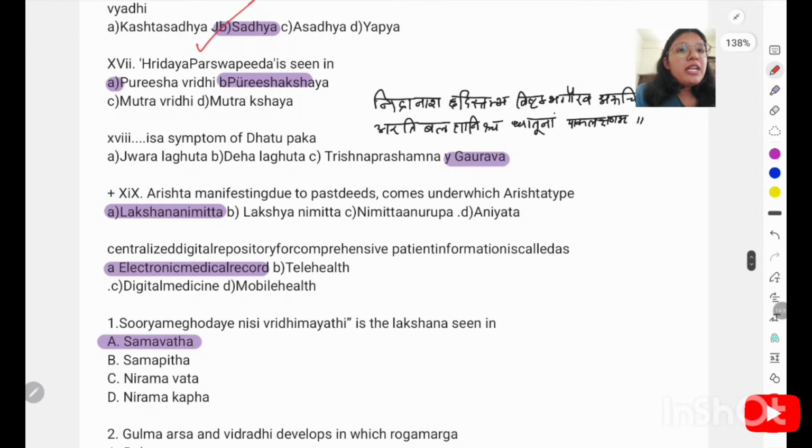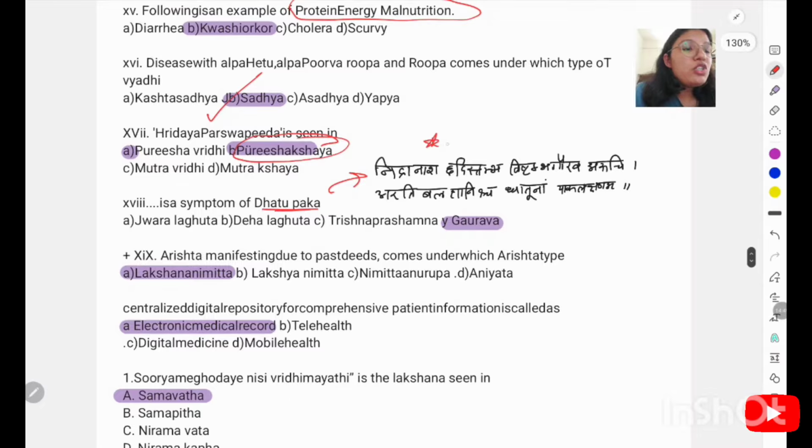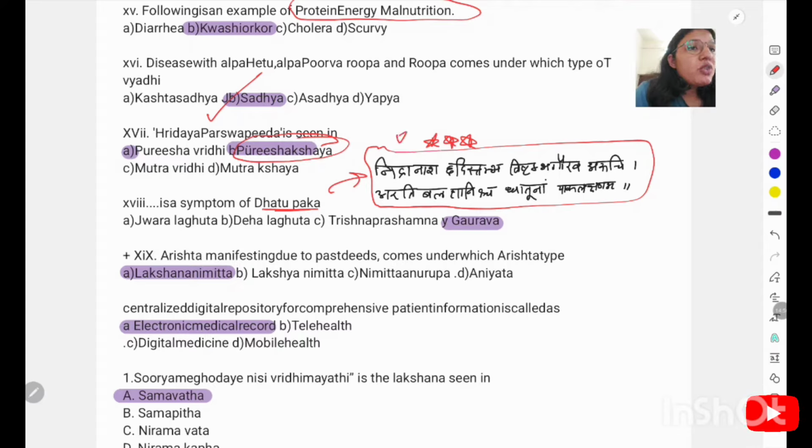Haritaparsha Pida is seen in the Purisha Kshaya. Next is the Dhatu Paka. I have written one important shloka. You must remember this shloka, because you can write it in many questions. Hyperimmunity, autoimmunity and hypersensitivity are all explained under dhatu paka in the syllabus. So if any question comes from that part, you can explain these things through Ayurveda. So you can learn this yoga. There are only two lines in the shloka, and maybe an MCQ will come.